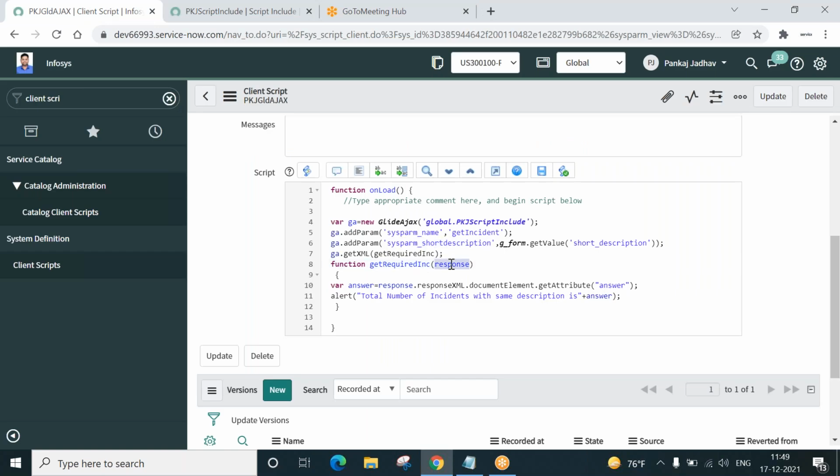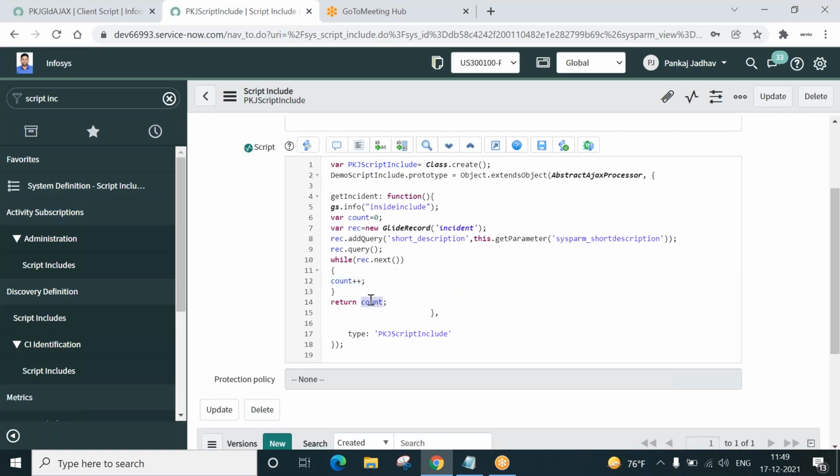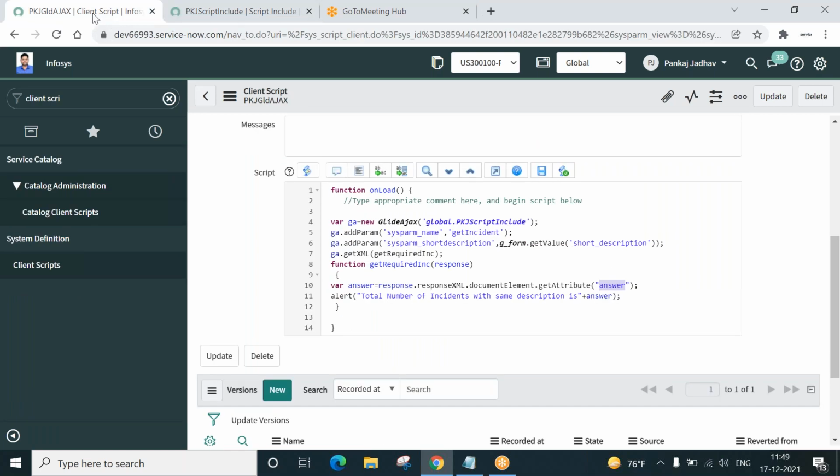When we say, see, this is the response object, the response we get from the script include, and this function is the callback function. Where answer equal to response, this is the line syntax you have to follow. And this is a keyword, the answer variable, an interview question. The answer variable will get us the response from the server side script. Once we write answer, it will give us whatever we have written from here, the count. So if it is 5, it will give us 5, it will store 5 over here.